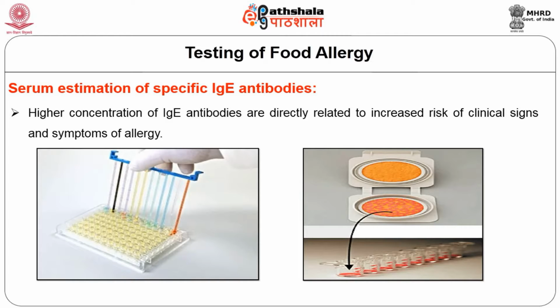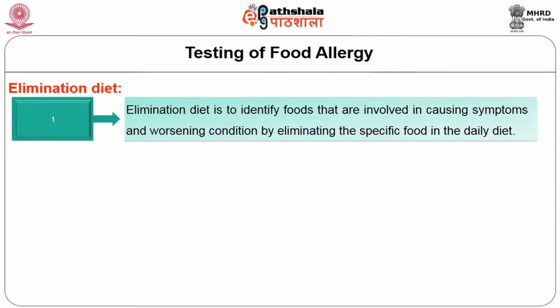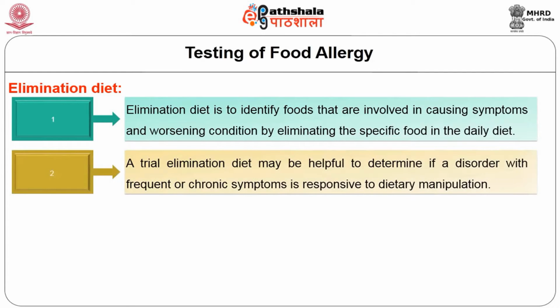Hence, serum estimation of immunoglobulin G antibodies are essential. Elimination diet helps to identify certain foods that are involved in causing symptoms and worsening the condition, by eliminating the specific food in the daily diet. The steps involved in elimination diet are planning, avoiding, challenging and tailoring a new diet. An elimination diet may be helpful to determine if a disorder with frequent or chronic symptoms is responsive to dietary